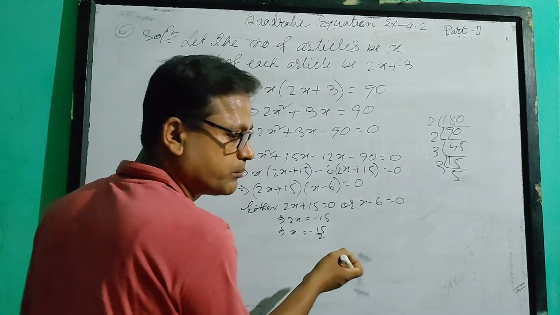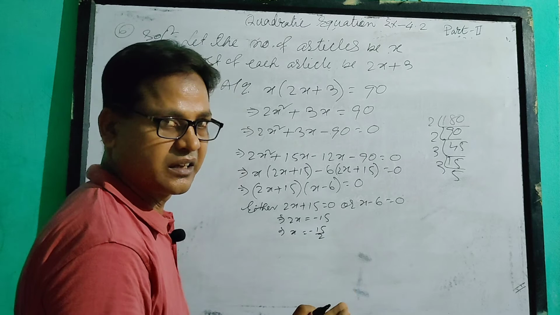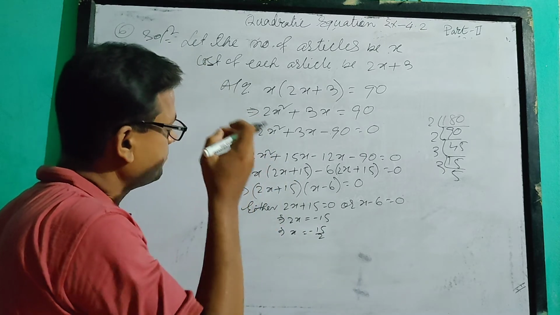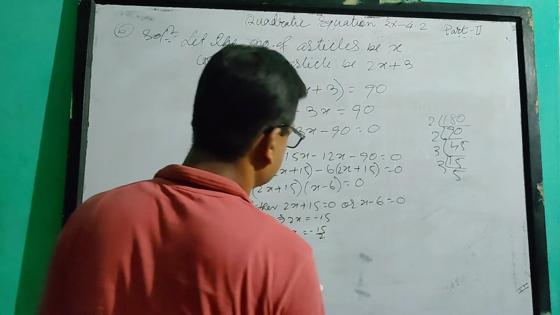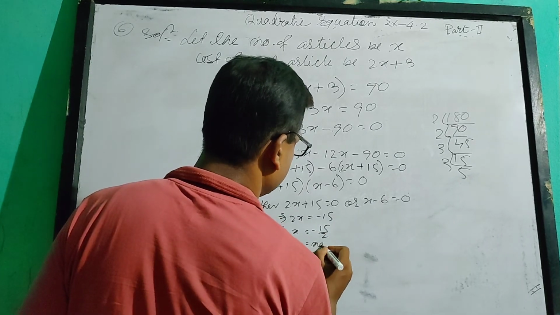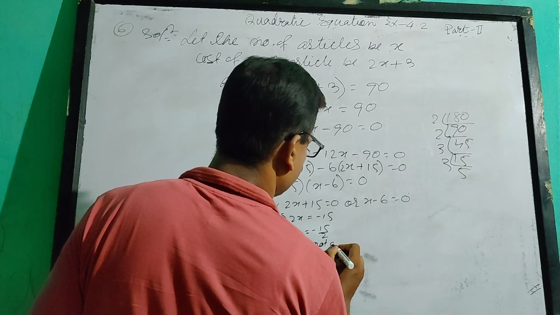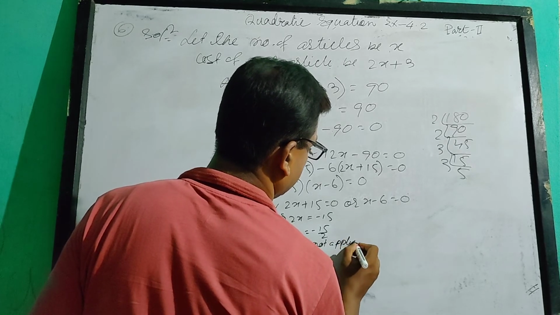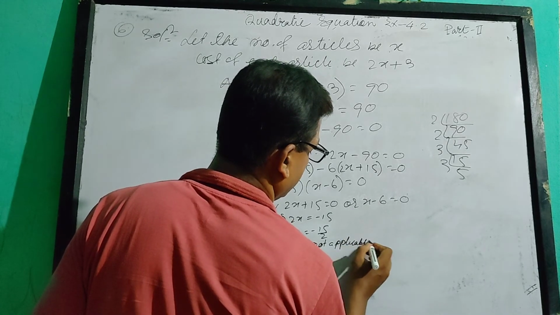ये आपका क्या था, नंबर ऑफ आर्टिकल्स माइनस, ये फ्रैक्शन में नहीं हो सकता, माइनस नंबर नहीं हो सकता है, वो भी आपका क्या फ्रैक्शन में, इसलिए ये नॉट एप्लीकेबल और इम्पॉसिबल।